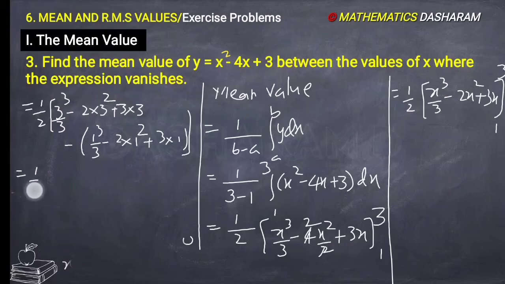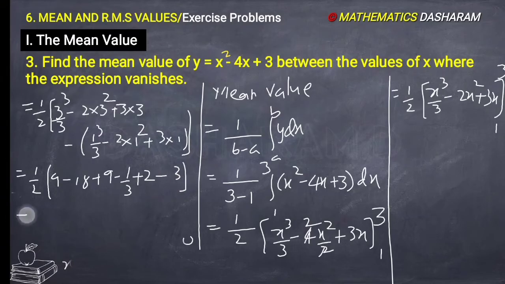So it is equal to 1/2 times the bracket of 3 cubed by 3. Actually 3 cubed by 3 means one 3 will get cancelled, 3 squared will come. 3 squared answer is 9, minus 3 squared 9, 9 twos are 18, plus 3 threes are 9, minus here 1 cubed by 3 is 1 by 3, minus into minus plus, 2 into 1 squared 2, minus into plus minus